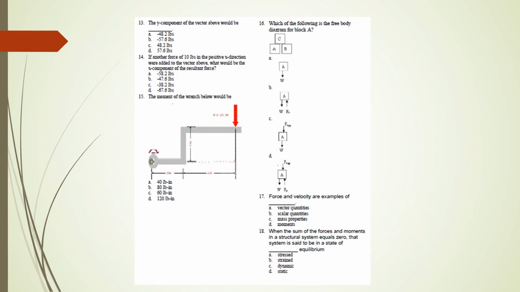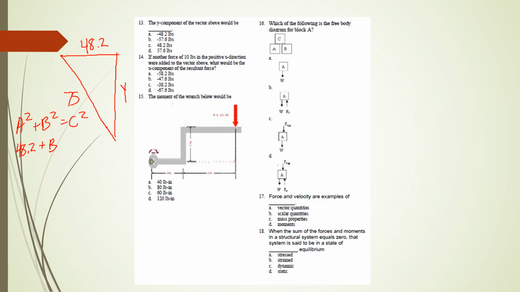Number 13, the y component of the vector above, that's actually on your guys' packet, the last page. What you have to do is give yourself a sketch. Write in your values. This was 75, and we just calculated this out to be 48.2, and we want to find this. So all you're doing, Pythagorean theorem again. So my a squared is going to be my 48.2, plus my b squared, we don't know, equals my c squared, which is 75 squared. So 48.2 squared calculates out to 2323, plus b squared equals 75 squared, which calculates out to